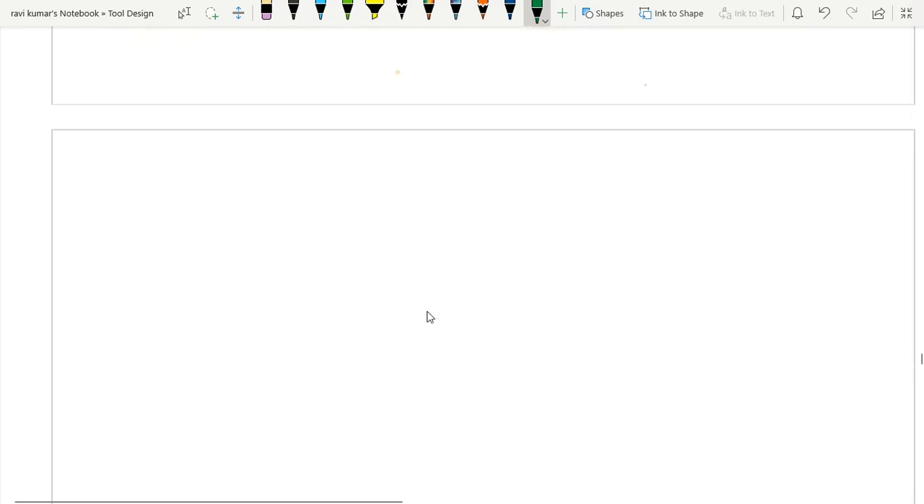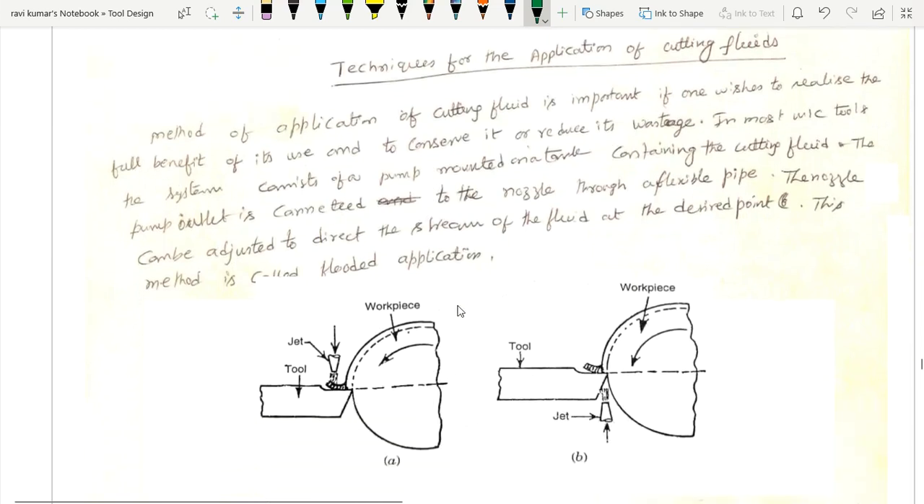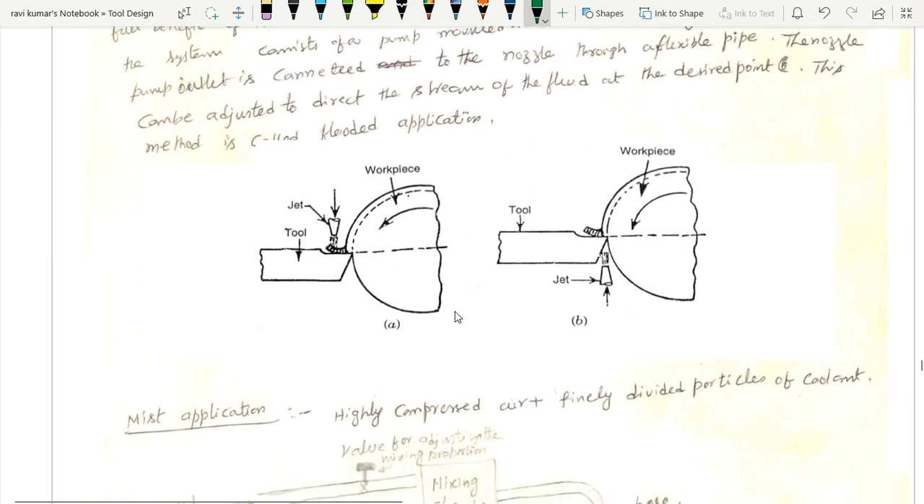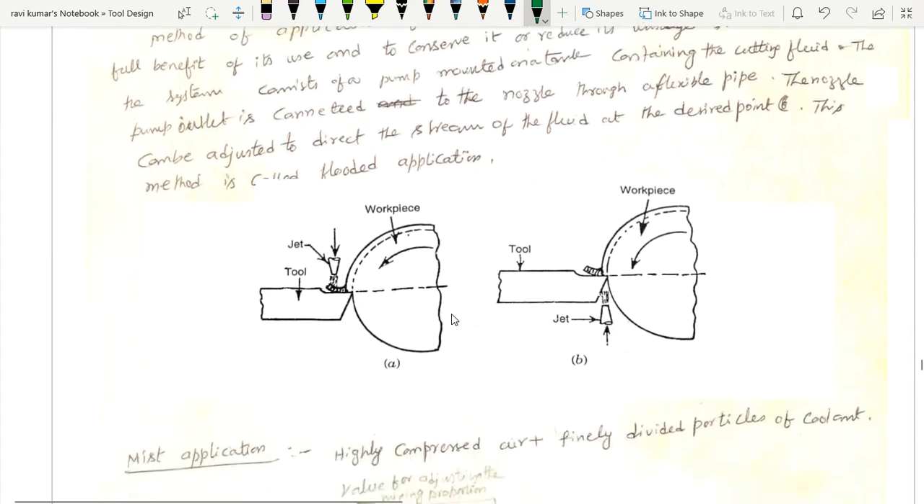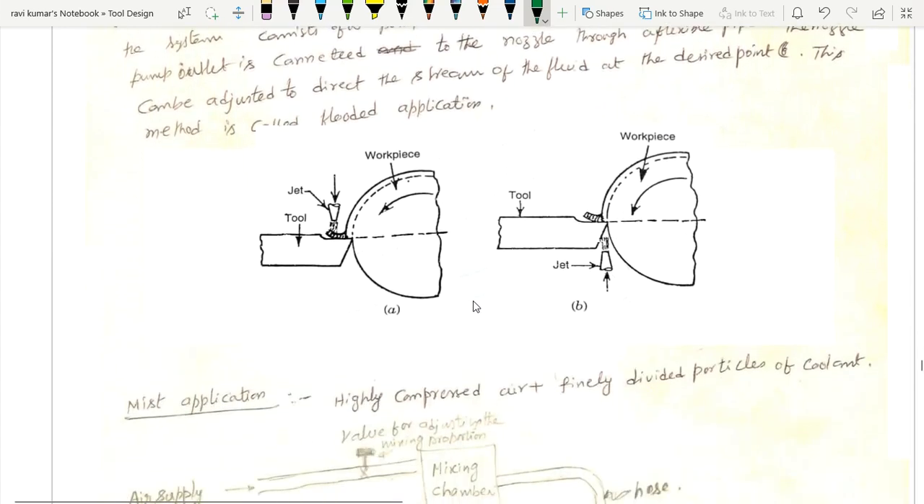Right? Next, how we should apply the cutting fluid. So the cutting fluid may be flooded. One way of applying the cutting fluid, I call it as flooded application. So what is this flooded application? I have a nozzle. I will try to pour copious amount of the cutting fluid in the cutting region. So instead of applying from the top, if I apply from the bottom or underneath, so there is going to